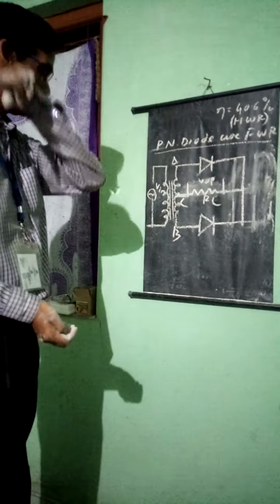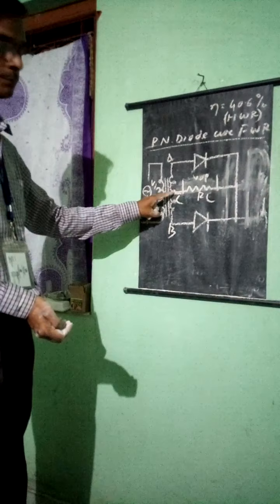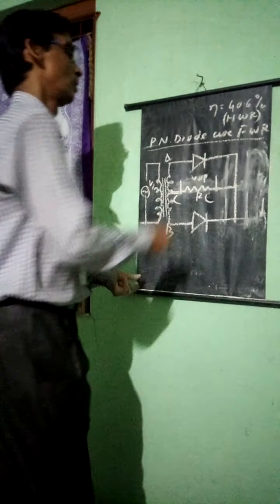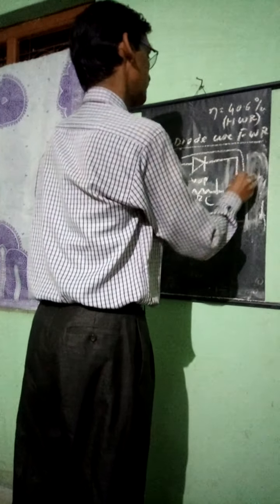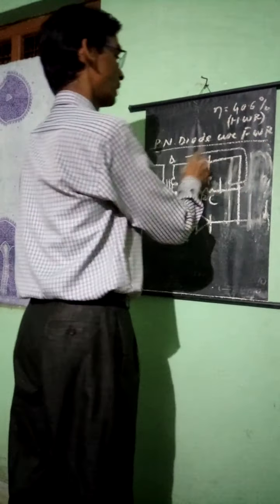Comparatively, A is positive with respect to this one, so that the current flows in like this. It comes through the diode D1, then the diode D2 will be off. Let us see now. For the positive half cycle, D1 is conducting, where the voltage drop will take